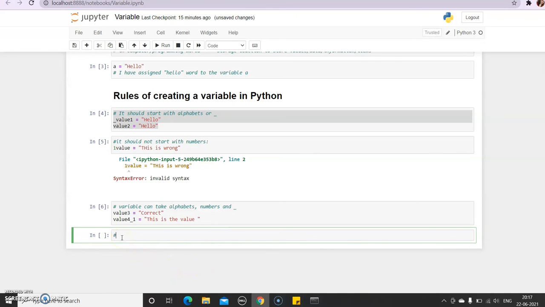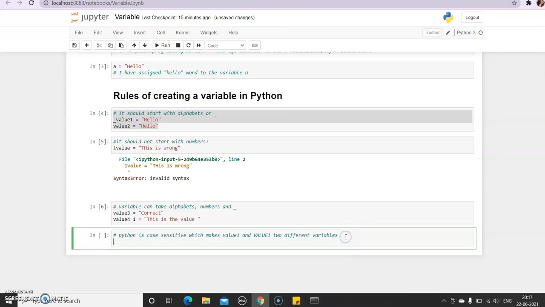Now the next thing is that Python is case sensitive, which makes value1 and Value1 different variables. Python is a case sensitive language.